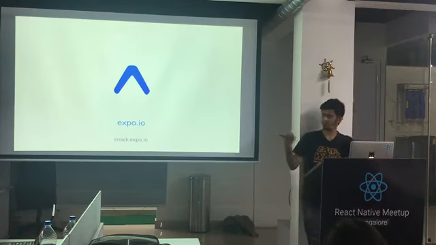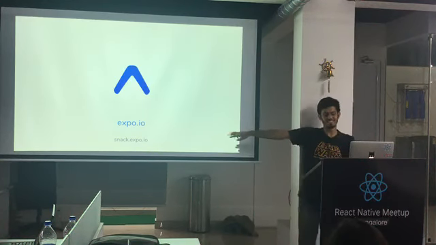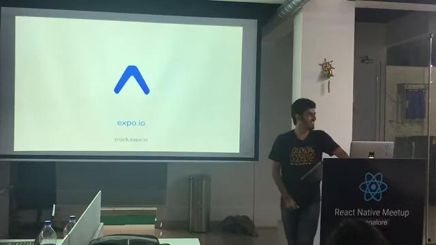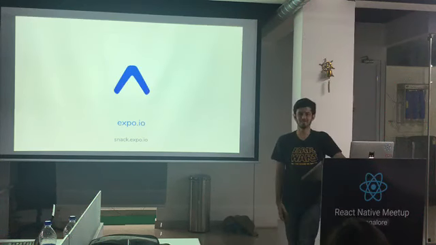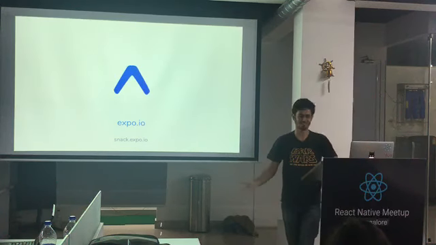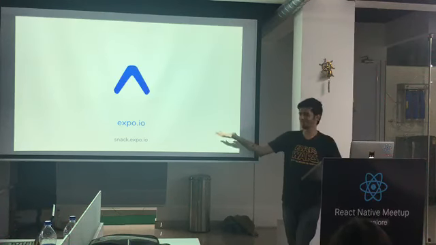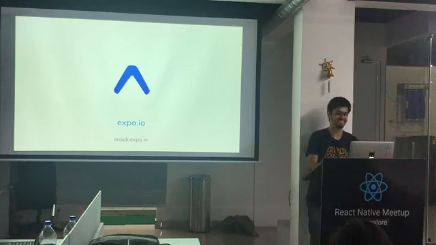The best thing about this is snack.expo.io, which I think changed its name thrice because people got mad. I think they were called Sketch before, but then people were like, Sketch already exists, our designers use it. And then they were like, cool, designers use Sketch, developers use Sketch, what's the difference? And then somebody actually gave them a legal notice that this won't work. So they had to find something else. They found Snack, and that's also fine.